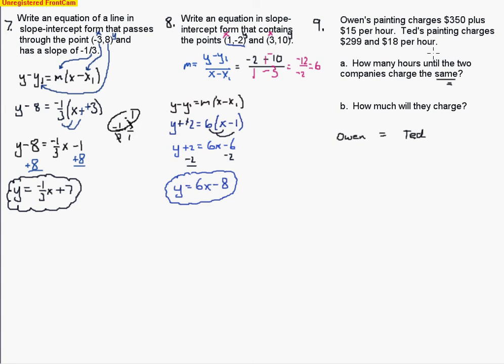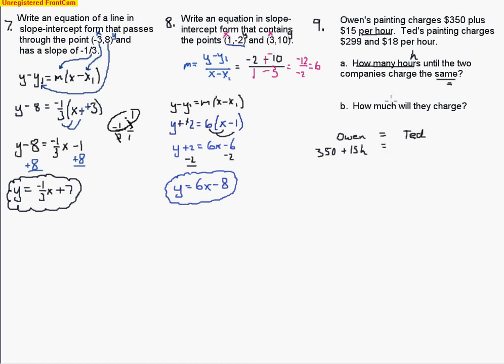So we need to write an equation for both people, both companies. And so $350 plus $15 per hour. So per hour tells us we need to know how many hours and then multiply by 15 and then charge $350. But we don't know how many hours. That's what they're asking. That's the question. So that tells us that we need to use an unknown for that. And I'll use h in this case. So the formula would go this way. 350 plus 15h